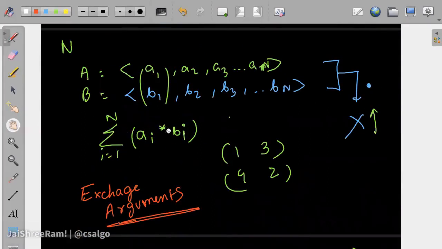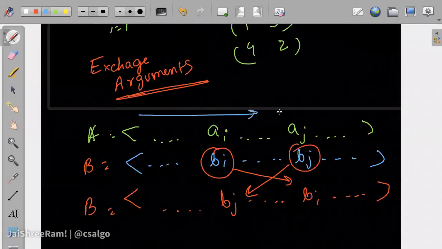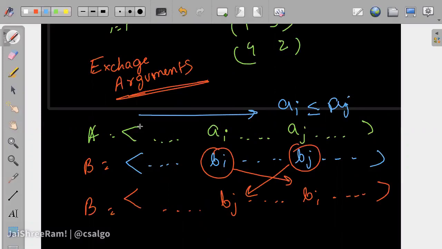Because this dot product is a summation over terms, it's which element gets paired with which that matters. We are not going to look into what their actual ordering in the sequence is, right? So in whatever order we permute A, after that, if we permute B, we can get all possible answers. So let's say we fix a permutation of A, where A is in sorted order. Then A of I is less than or equal to A of J. This would hold true if you are sorting A. And once we have sorted A, we will try to prove that sorting B is also optimal.